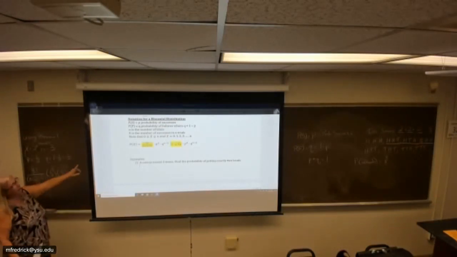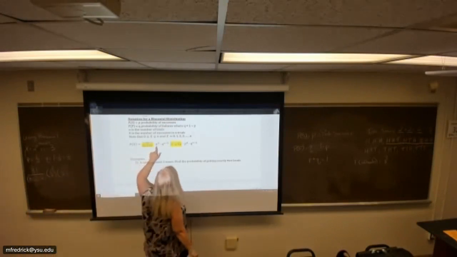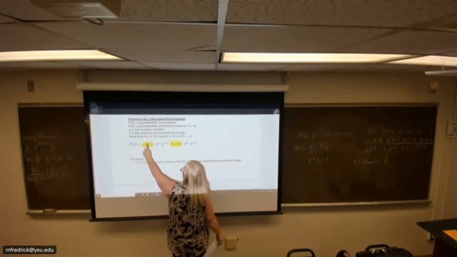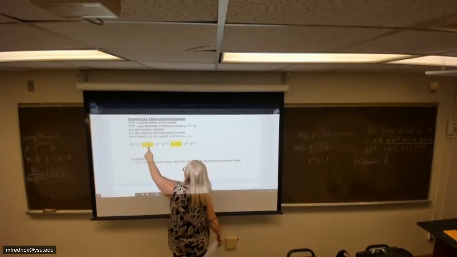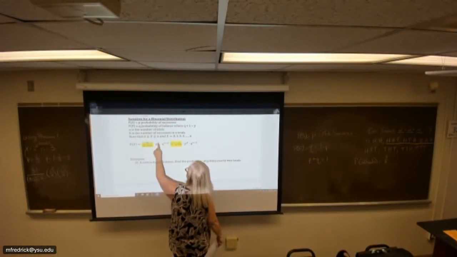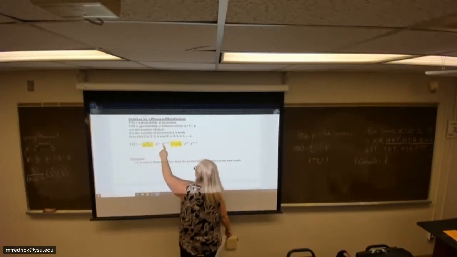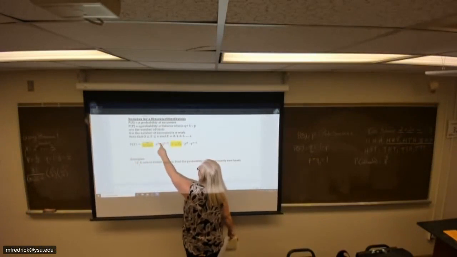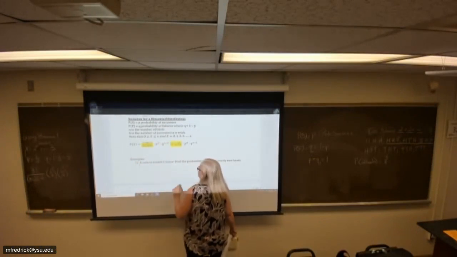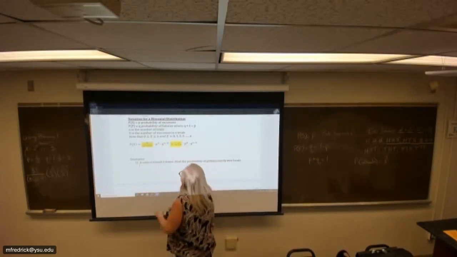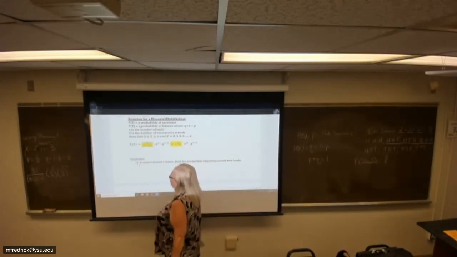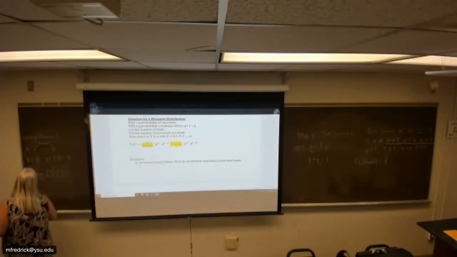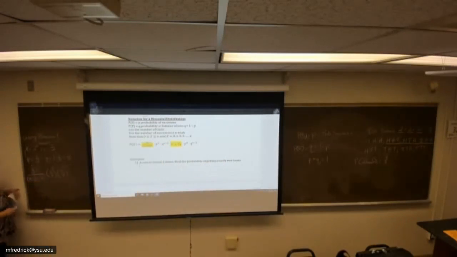So I'm just plugging in here. 3 factorial, 3 minus 2 factorial, 2 factorial. P was 1/2, x was 2, so 1/2 squared. Q was 1/2, and then 3 minus 2, which is 1. These 2 exponents add up to n. Or you can do it this way. So if we solve it this way,